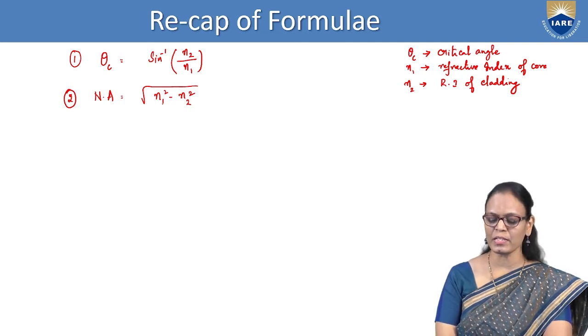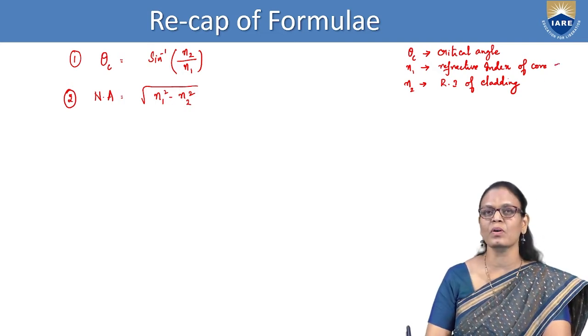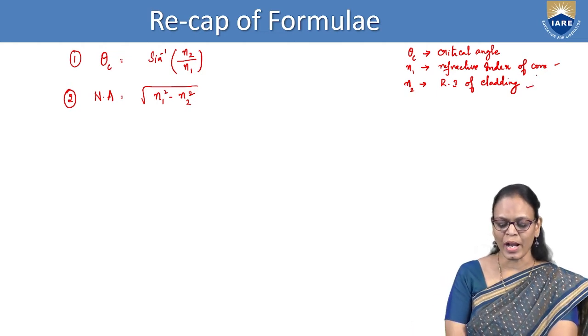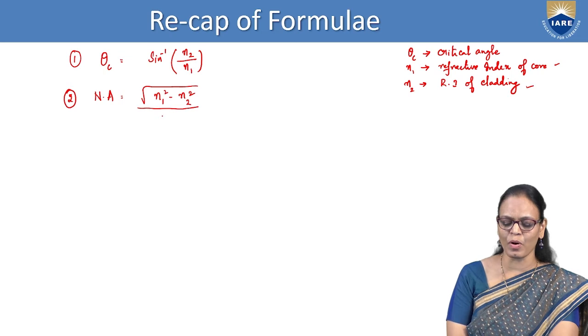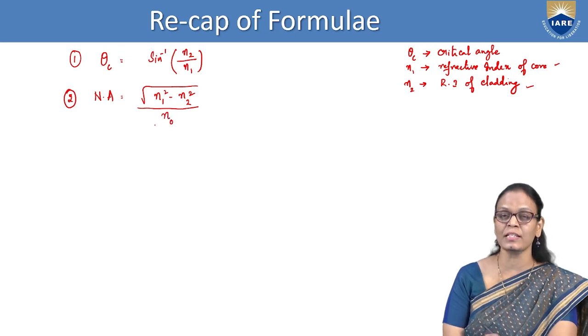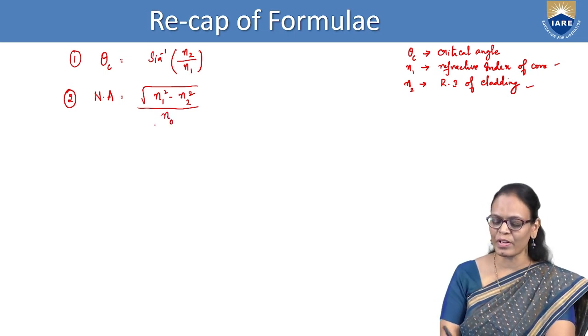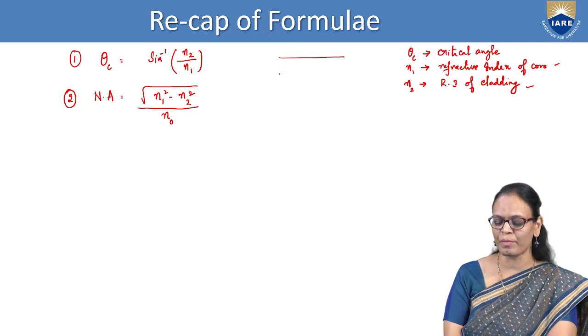So n1 is again the refractive index of the core, n2 is the refractive index of the cladding, and it also depends upon the medium from which it is incident. So whenever we are talking about an optical fiber, this is the core, this is the cladding,